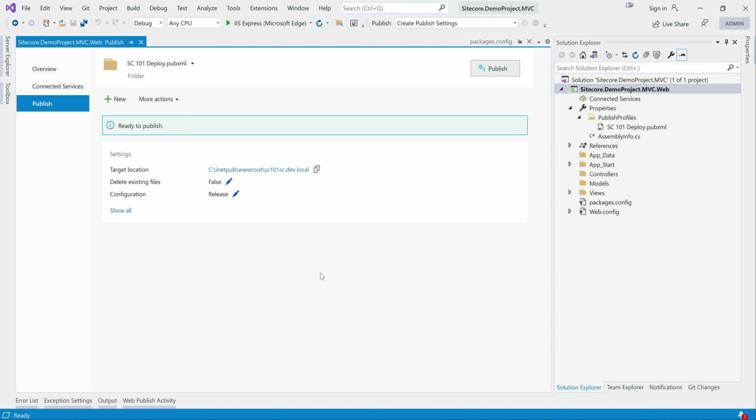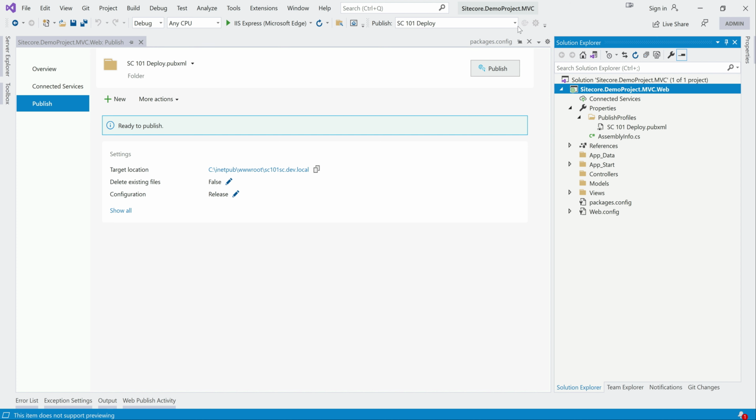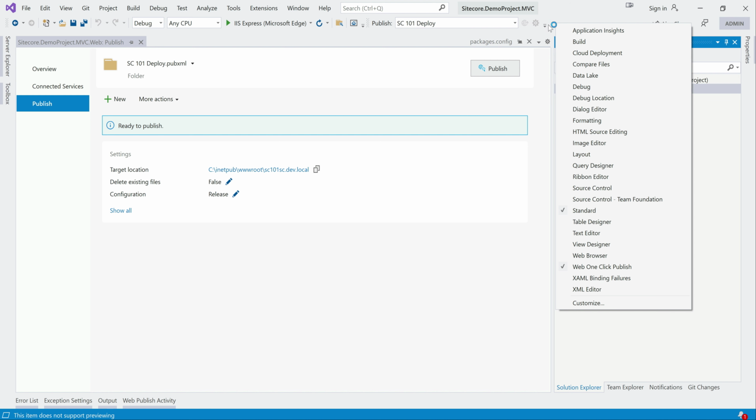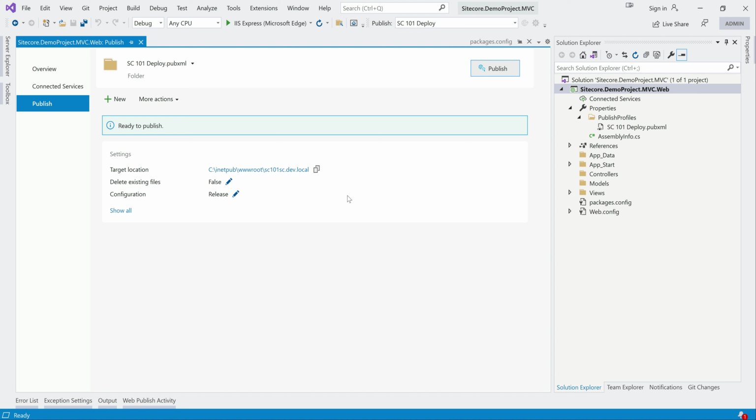So that is what the profile is. It is already enabled with kind of one-click publish here. If you are not getting it, you can right click in the toolbar and enable one-click publish. Then you get this button. Whenever you want to publish, you can immediately publish it.